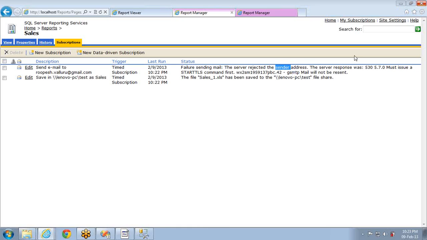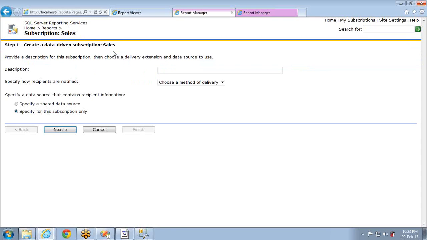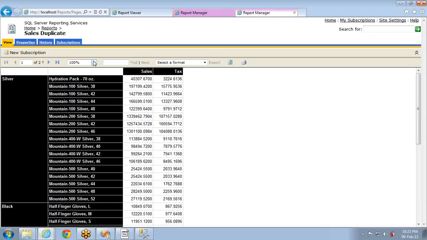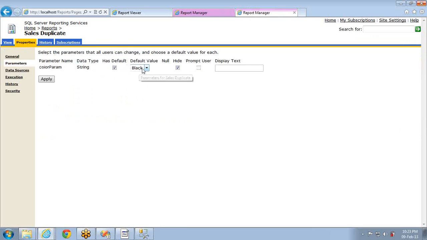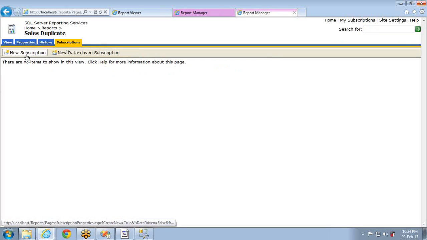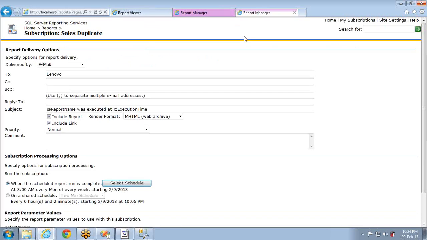and CC text boxes. So there is one more option, that is new data driven subscription. The only difference between subscriptions and data driven subscriptions is that in subscriptions the values are hard coded. The same parameters, the default parameter values should be given, and the same stuff. For example, let me go to these properties. Okay, if I don't set this, and let me click on apply, and if I go to the subscriptions page, new subscription,